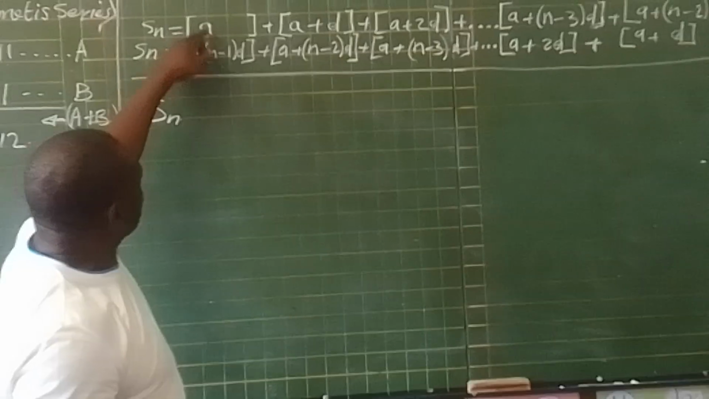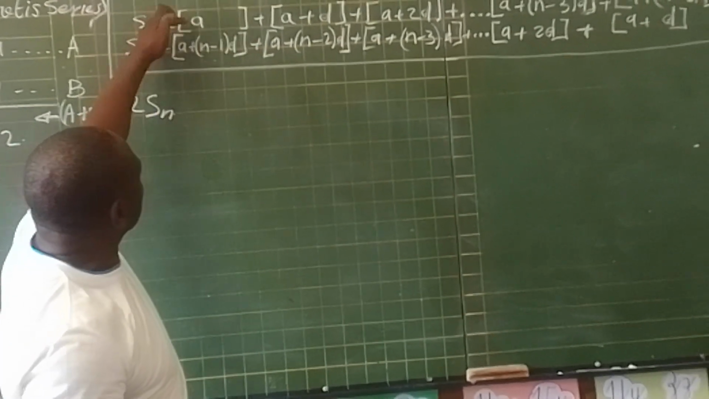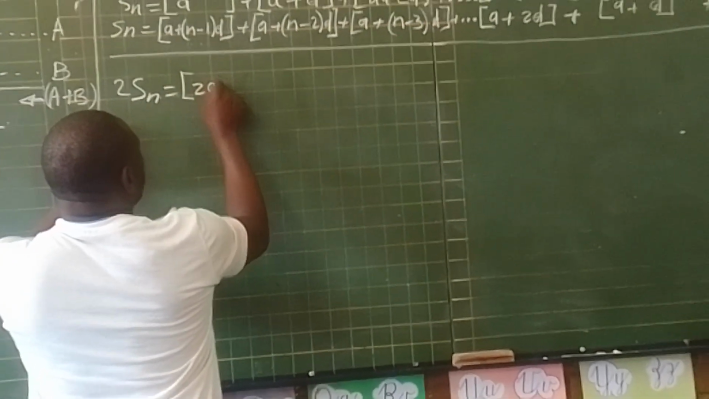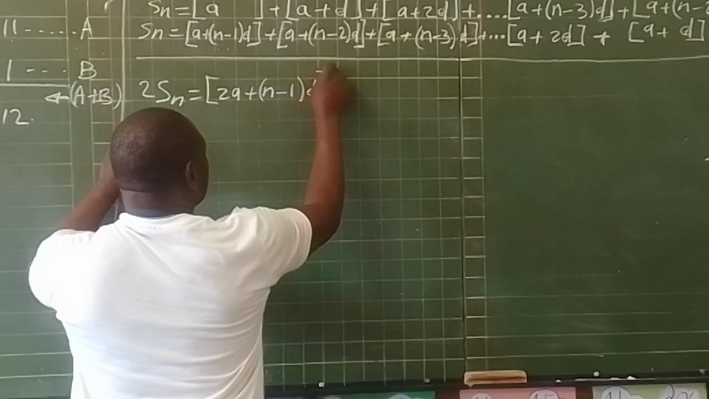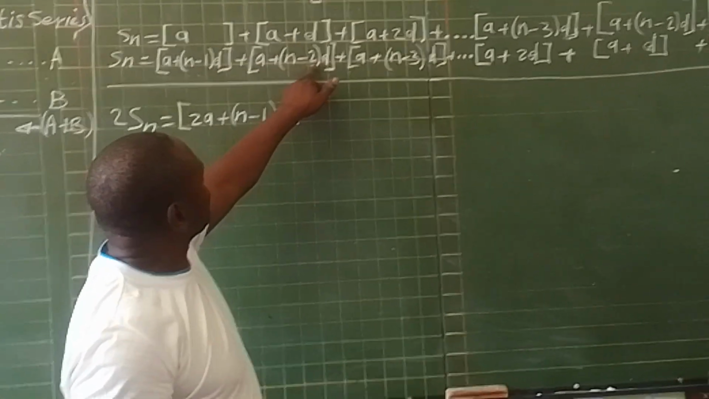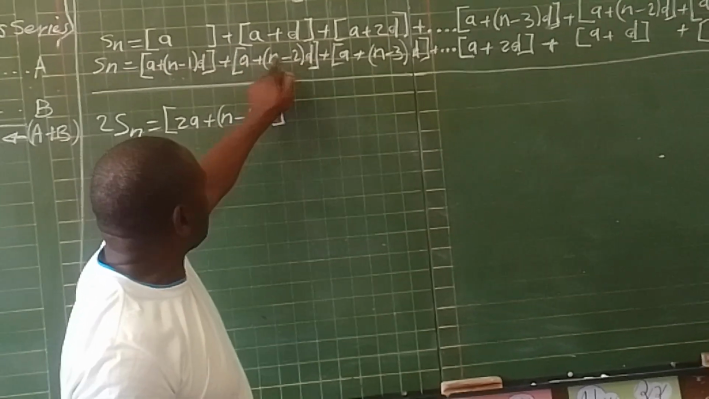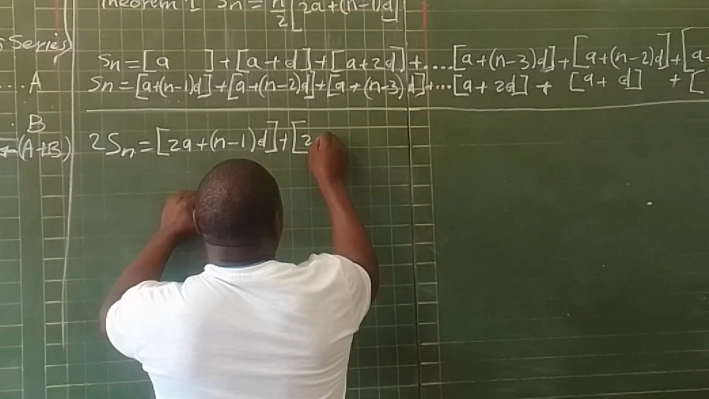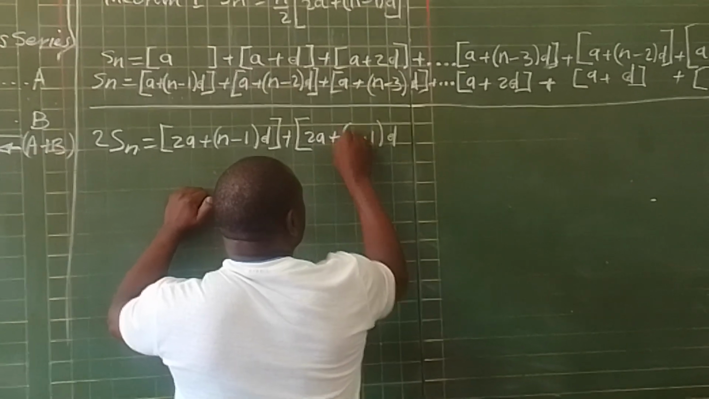2Sn. Right, a plus n minus 1d. It's 1 plus 1 is 2, which is 2a plus n minus 1d. Then we add n minus 2d, and that is the same as n minus 1d. So you add a plus a, which is 2a plus n minus 1d,